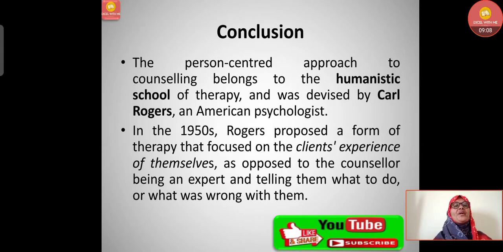Now let's conclude this topic. The person-centered approach to counseling belongs to the humanistic school of therapy, obviously, and was devised by Carl Rogers, an American psychologist. In the 1950s, Rogers proposed a form of therapy that focused on the client's experience of themselves, as opposed to the counselor being an expert and telling them what to do and what was wrong with them. So the counselor will not guide or direct everything; this is non-directive. Just support will be given, and the capabilities of the client will come out through the discussion